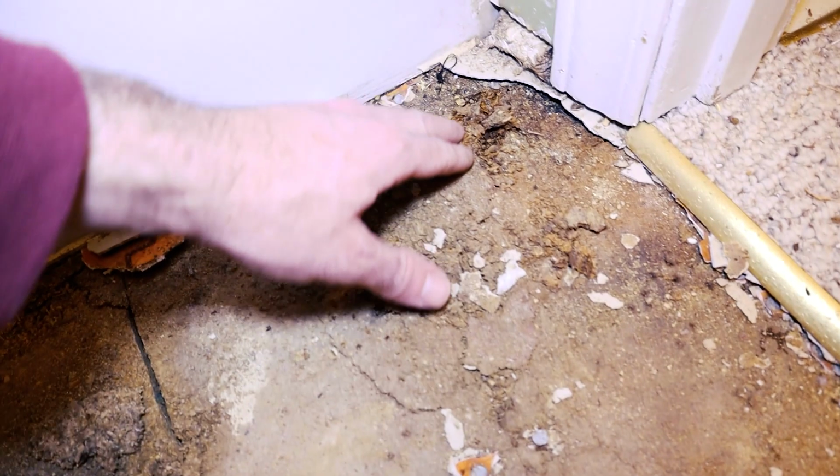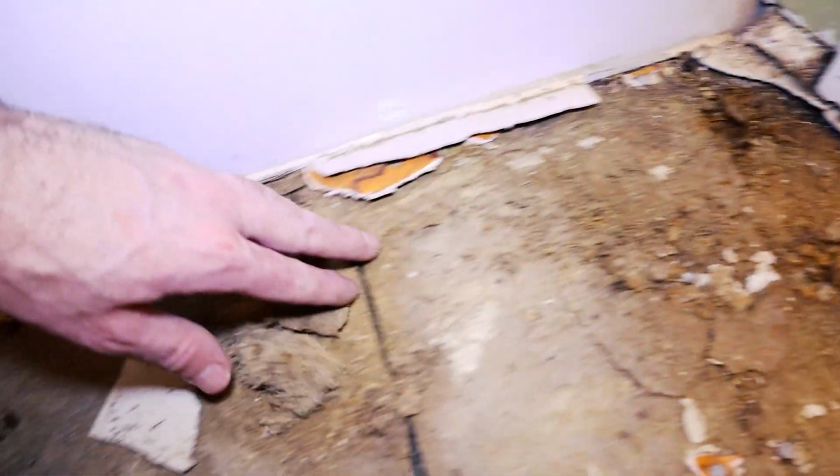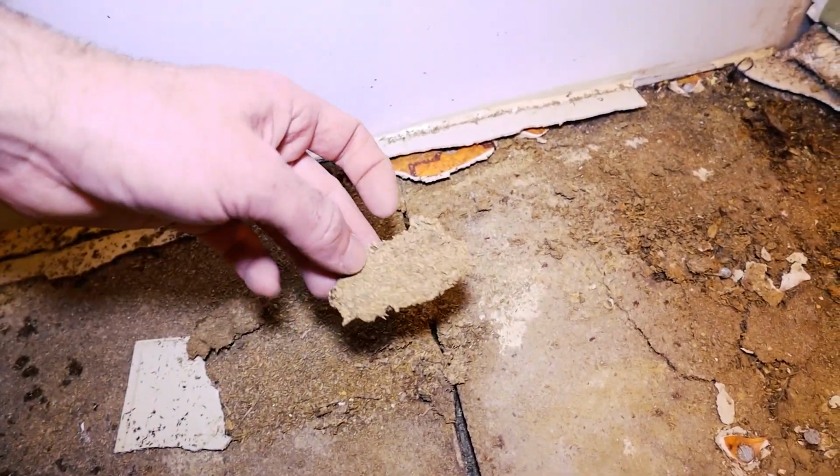Okay, and we are 3 for 3 for subfloor damage. That's fun. All right, it is the morning of day 2. You can see I'm wearing the same clothes, but it's daylight outside, so you know it's the next day. Last night, it was pretty late when we started work, so we didn't get too much done, but we did get all the demo of the vanity, the toilet, and most of the floors out here,